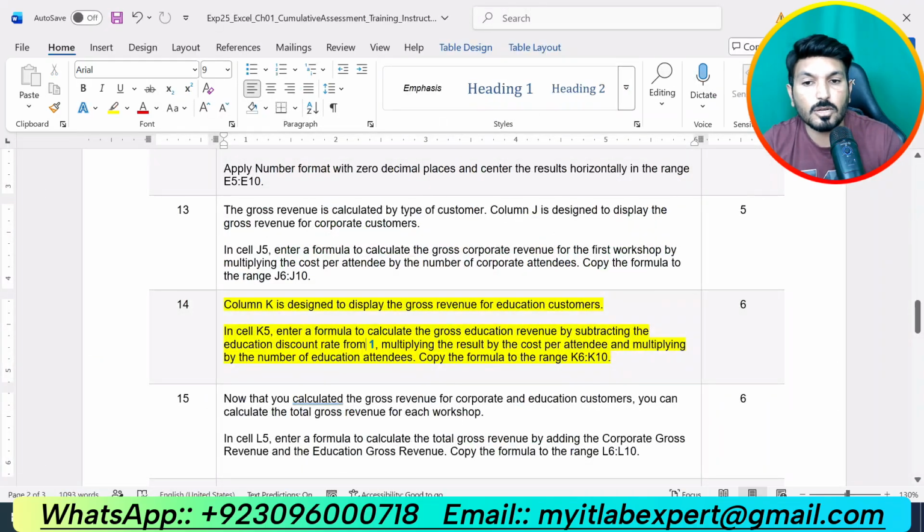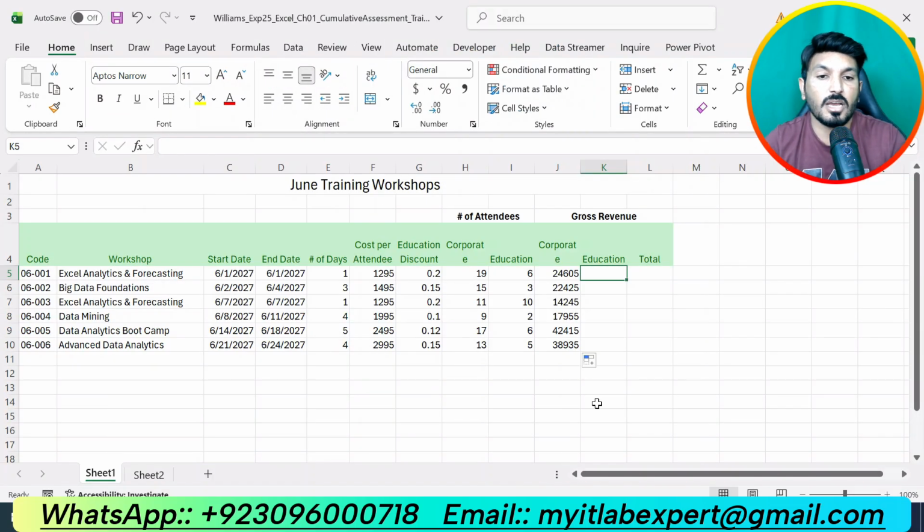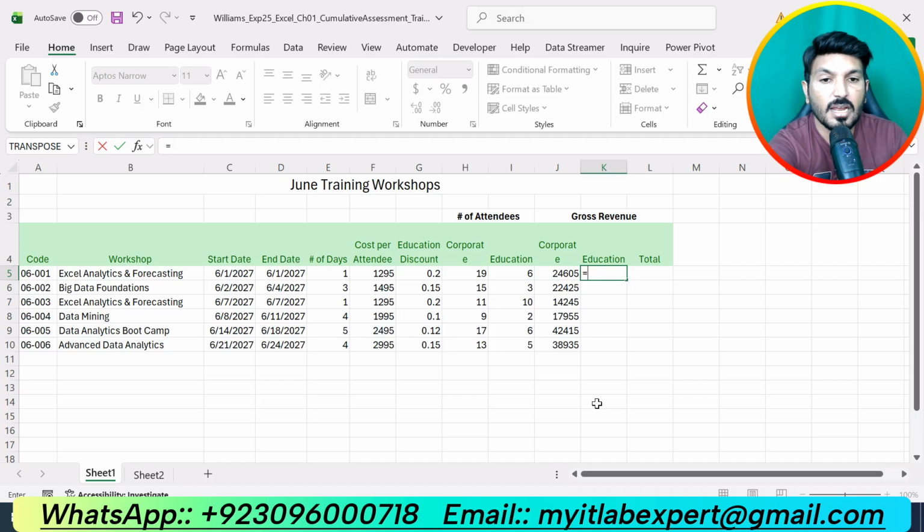It is saying in cell K5, enter a formula to calculate the gross education revenue by subtracting the education discount rate from 1. Type an equal sign, and we are supposed to subtract the education